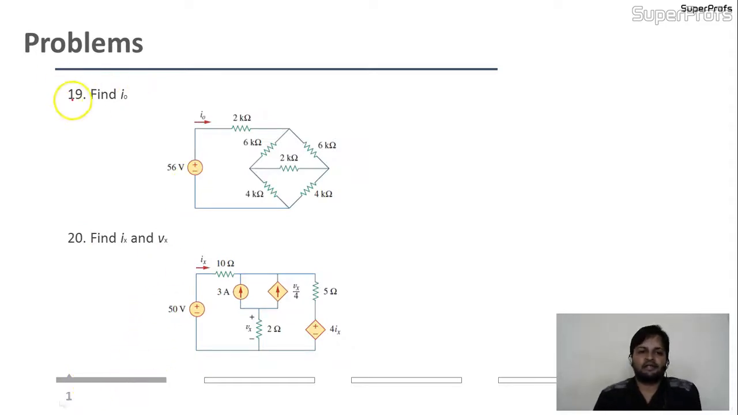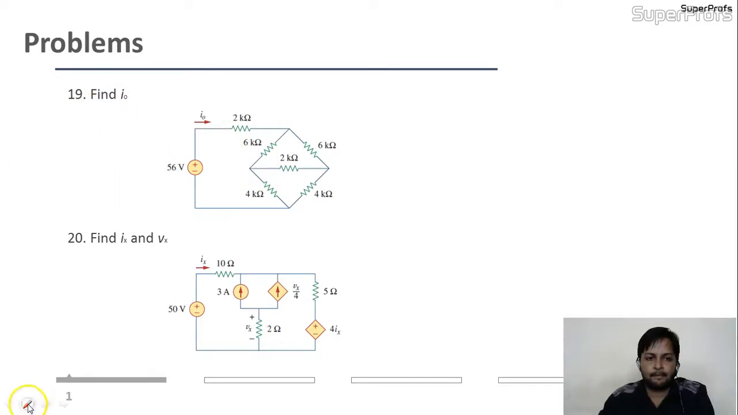Come here, very interesting. Find out I naught. This is the bridge type of circuit, and he's asking for I naught. Here is the I naught. Okay, so in this circuit they're asking for the current I naught. Is it okay? So if you are able to simplify this circuit like this,